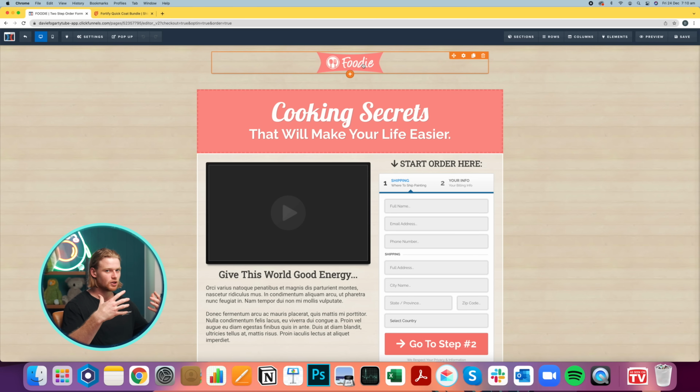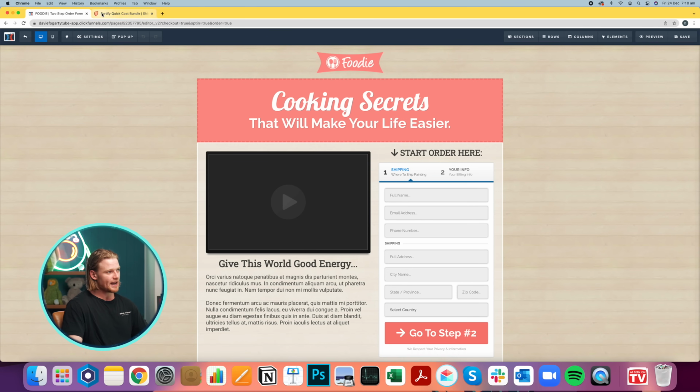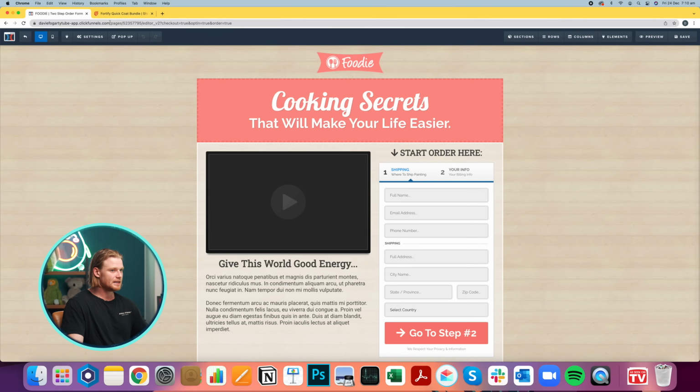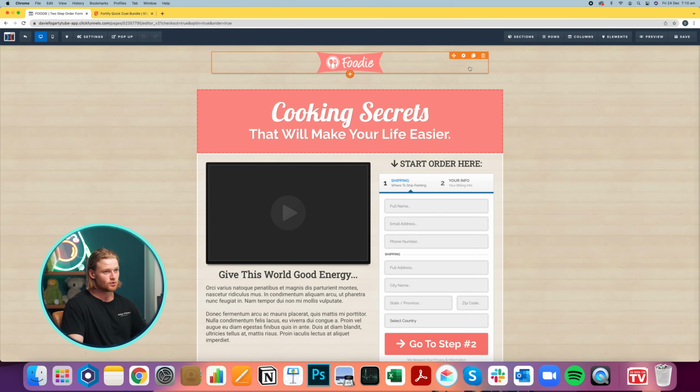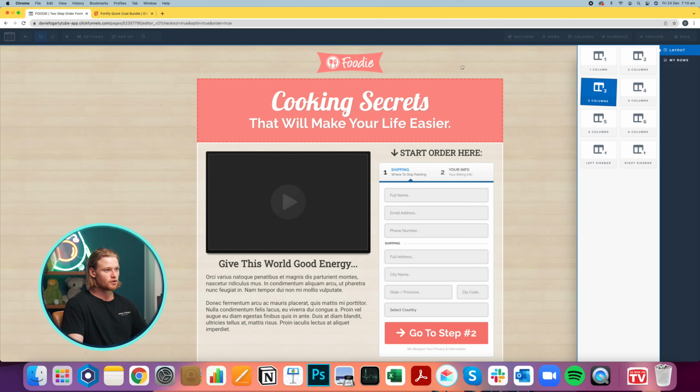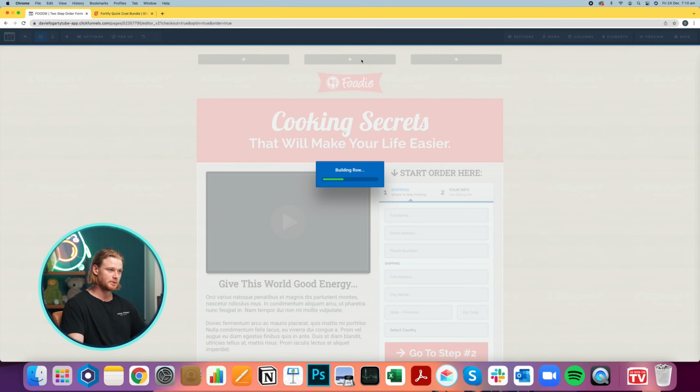It's very similar to a lot of page builders out there at the moment. So if we wanted to create this page here, and we always start with the top, because there's 3 elements here, we would need to create 3 columns. So we can come in here, and this is a single column. We're gonna wanna come into rows, and we're gonna create 3 columns and just drag and drop it here.